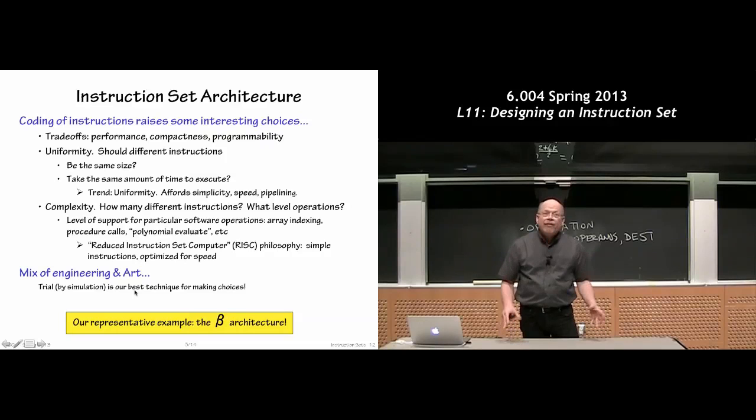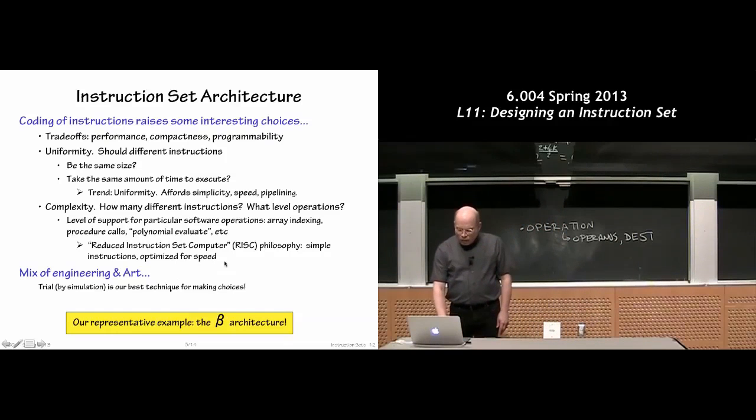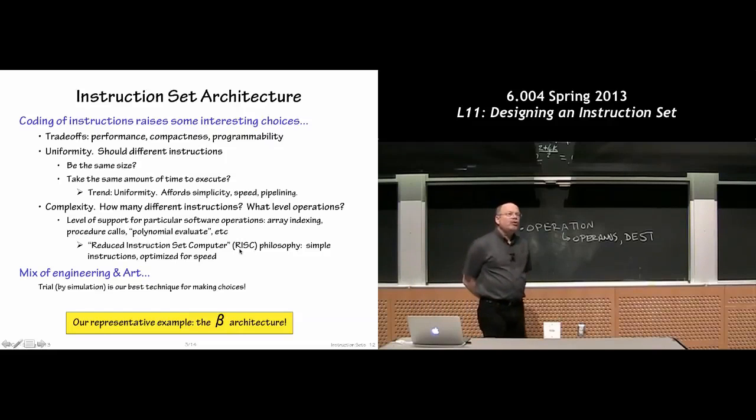Or, are programs run faster? Are they shorter? Or what would be the advantage of adding those extra transistors to our CPU design? Will we get something for it? Will the investment have the right amount of return? And what people have gone to, and I'll put my cursor here on top of this, is the RISC philosophy, reduced instruction